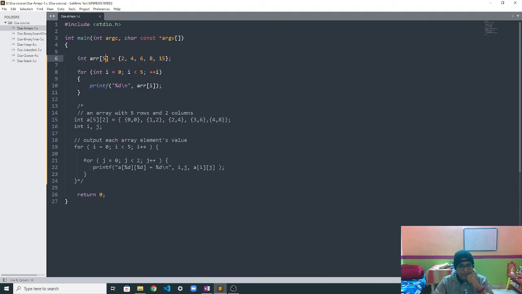Okay, this is optional. If I remove this it doesn't make any difference, but if you have planned that you will get this many elements, then it will be easier for you to declare the for loop to print out each element. So basically this is how you declare an array with this syntax. And then we declared a for loop to simply print out each element of this array.